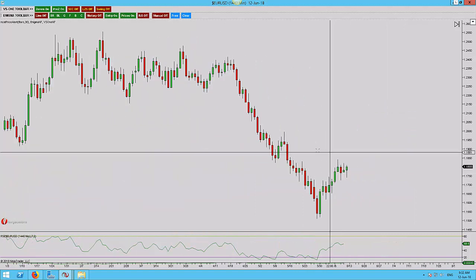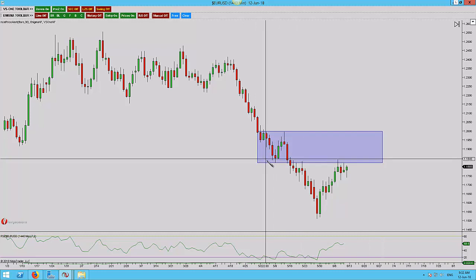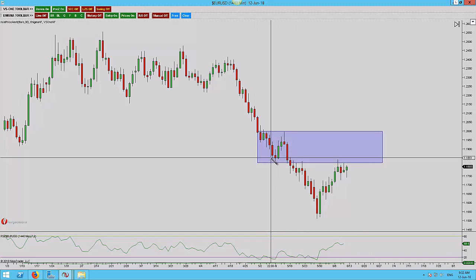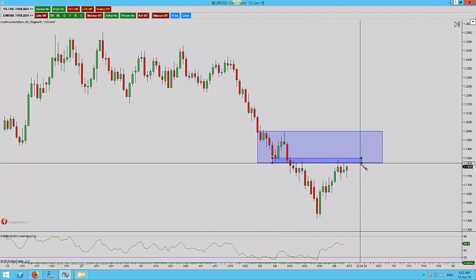Now I'm just going to zoom in a little bit. I'm just going to re-highlight that area and highlight the wicks. So from the bottom of the close of the candle to the wick to there, you can see that we've come up to test that zone. If we drop down to the 4 hourly,